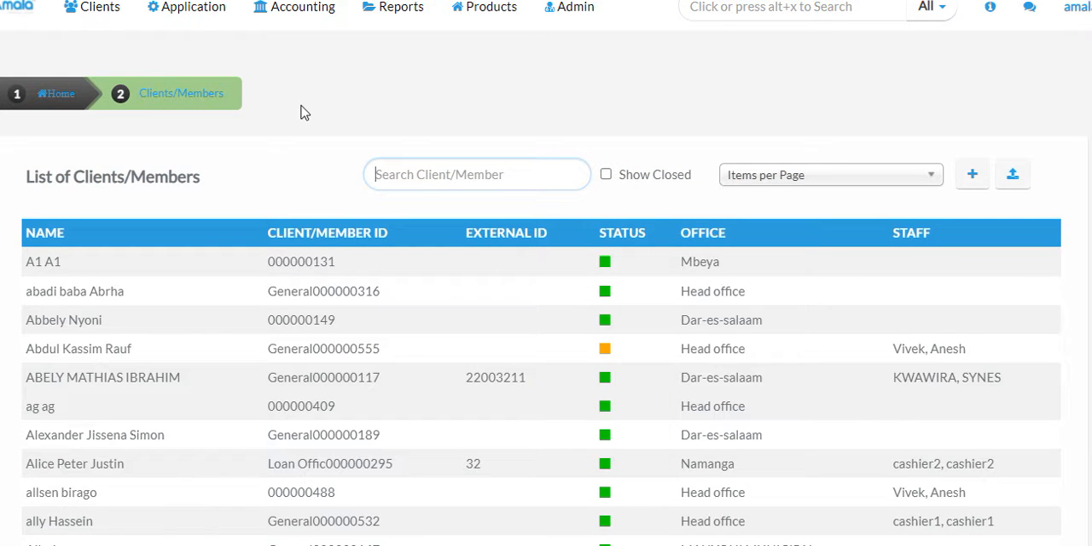As shown here in the part of client or member, our tab has come here where, when you have already registered a client, you can just write his or her name here, and the details will come up. If you don't have the details of a certain client, let's say it is a new client, you can just go direct here and create a client. Also, when you want to see a certain number of clients or names, and you want them shown in a certain number of pages, you can just click here